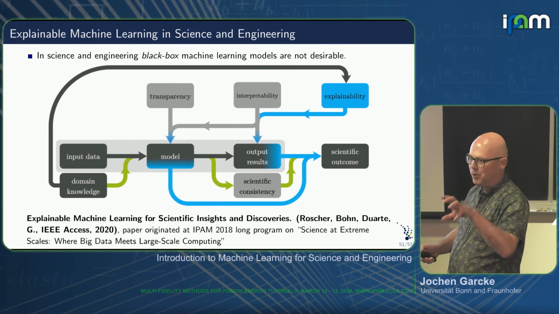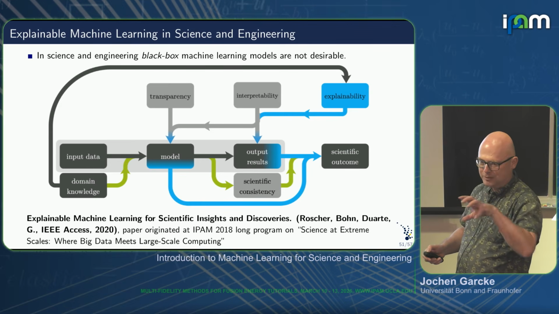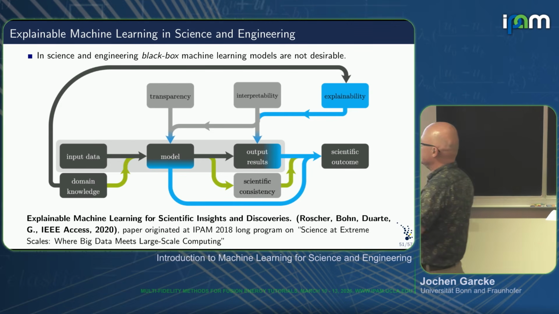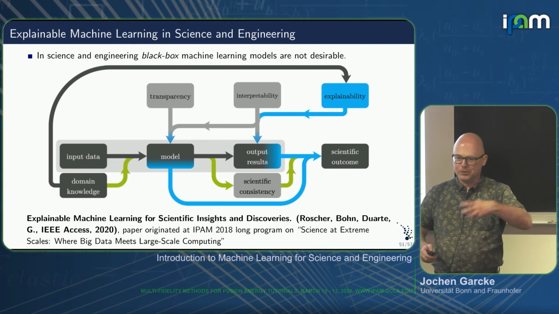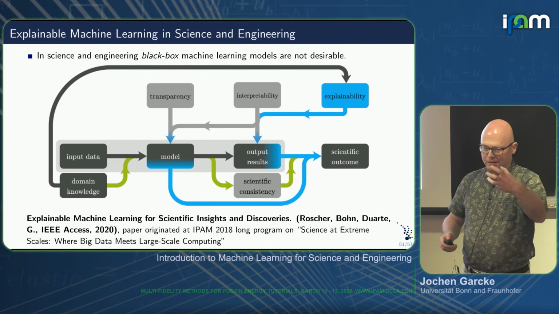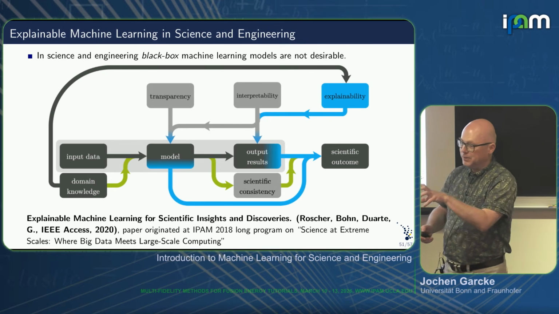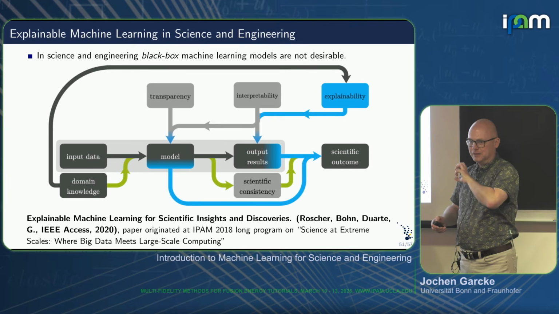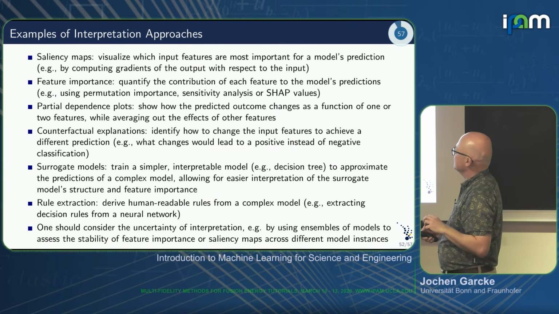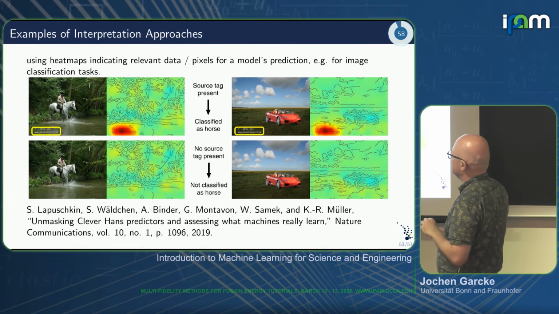Transparency is that the model you're using is reasonably transparent. Interpretability is that you can interpret the outcome or visualize the outcome. And explainability is actually the human understandable part of that. So to explain what I'm after,